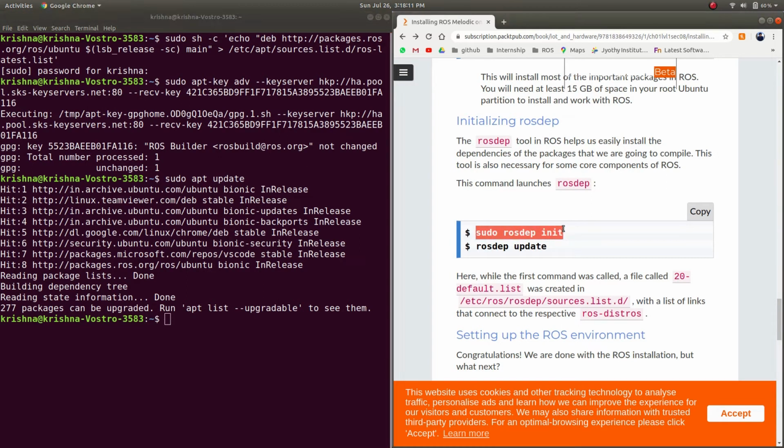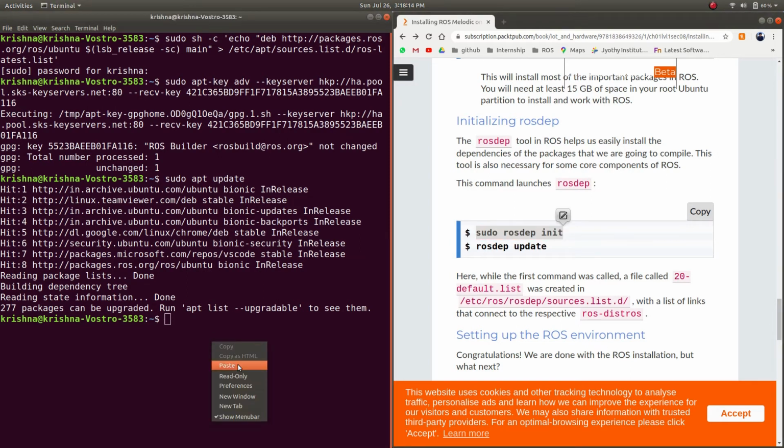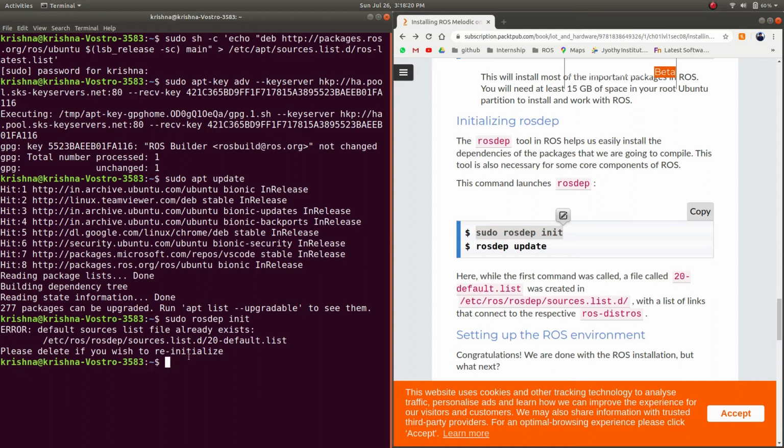So copy this command, paste it in your terminal and run it. This initializes the ROS dependencies in your /etc/ros folder, and the name of the file is this. Next you need to update your ROS dependencies. So paste rosdep update.